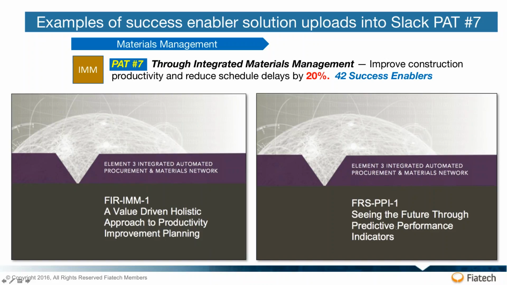And on the right-hand side is another study that we did at Fiatech that relates to using predictive analytics in order to anticipate the likelihood of future events. And this was in response to requests we had that advanced work packaging can't really reach out too far, because by using KPIs, key performance indicators, you get a feeling for what is, but you can't look far enough in the future to have proactive planning to correct for a problem before it happens. And we've proven that using these analytical techniques, using neural networks, you can actually anticipate the likelihood of future events, depending on how good your data is, out to 6 months in advance.